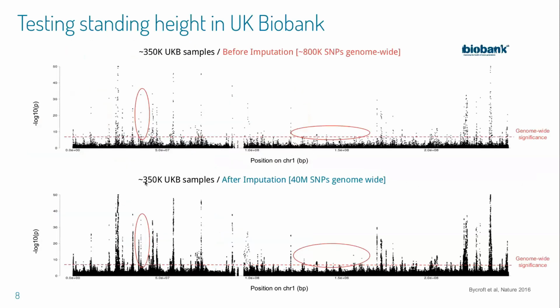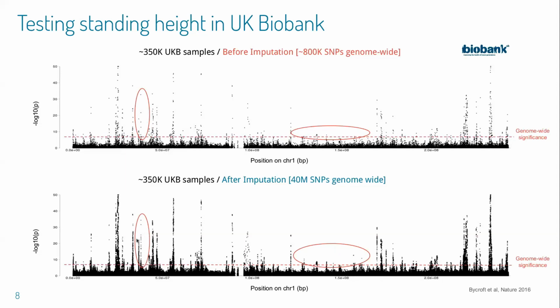Here I show a genome-wide association study on standing height for 350,000 samples. On the top, only using SNP array positions, and at the bottom, using imputed data. So we go from 800,000 SNPs genome-wide to 40 million SNPs genome-wide. And as you can see, the signal at the bottom is much clearer, much higher resolution,